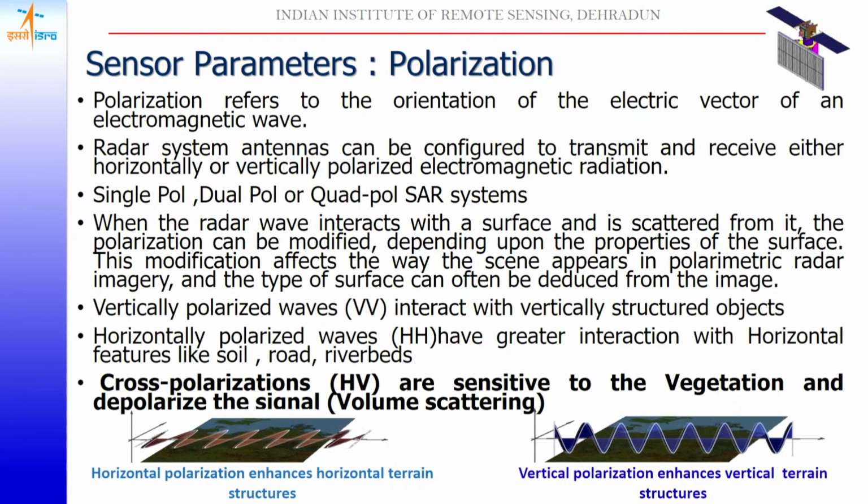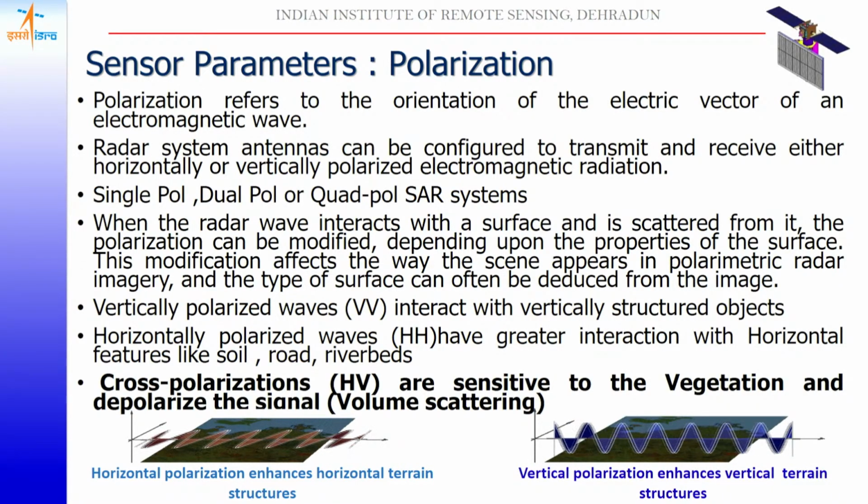So if we are sending the H polarization, then the forest will change to the V polarization. So if we design an HV type of system, then we can study the forest biomass and how much vegetation there is. The cross polarization like HV is sensitive to vegetation and depolarizes